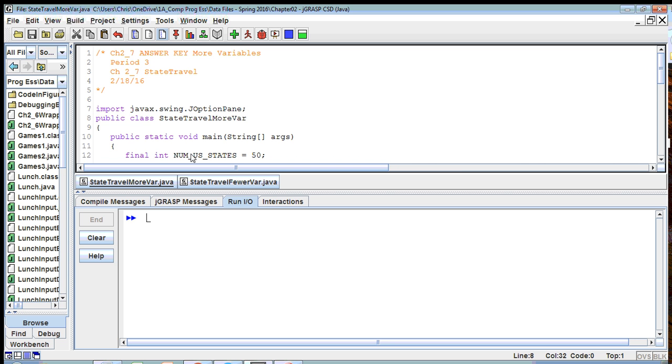It's an int because it's going to have the number of states. The name NUM_US_STATES has all caps, and there are underscores in between each word. And then it's assigned on the same line as declared, which, if you know it, that's the best way to